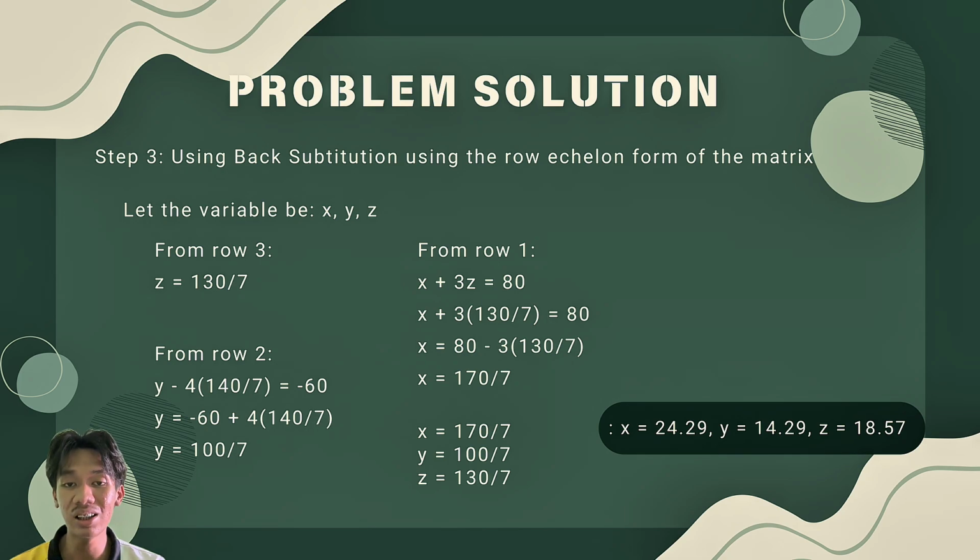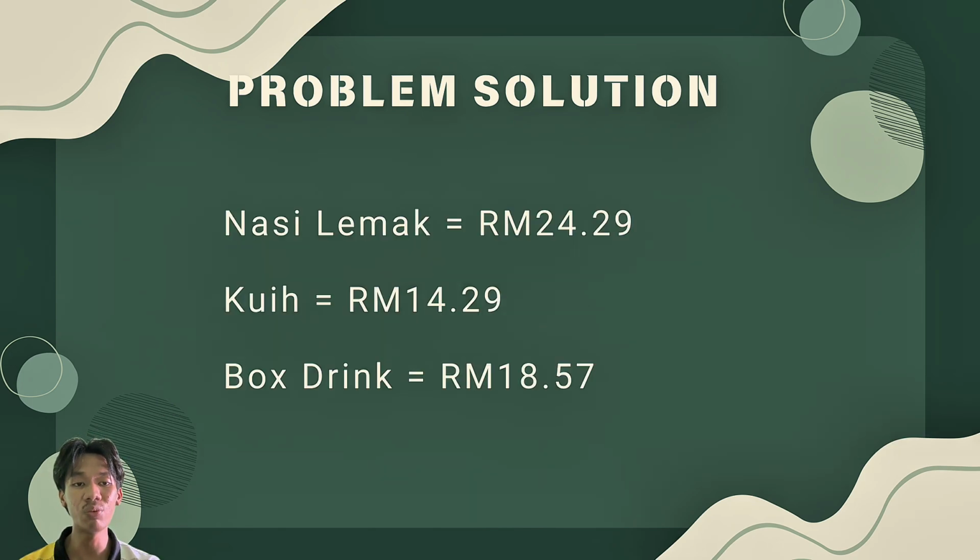Starting from the third row, we found that z equals 130 divided by 7. Substituting this value into the second row equation, we calculated that y equals 100 divided by 7. Then using both values in the first row, we found the value of x equals 170 divided by 7. Lastly, we got nasi lemak equals 24.29 ringgit, kuih equals 40.29 ringgit, and box drink equals